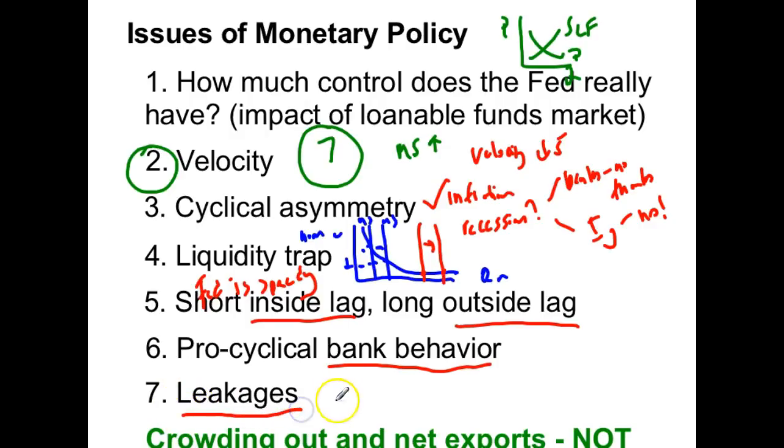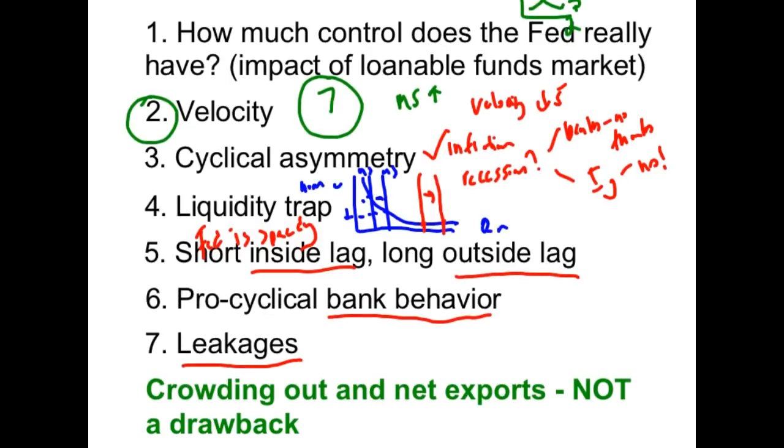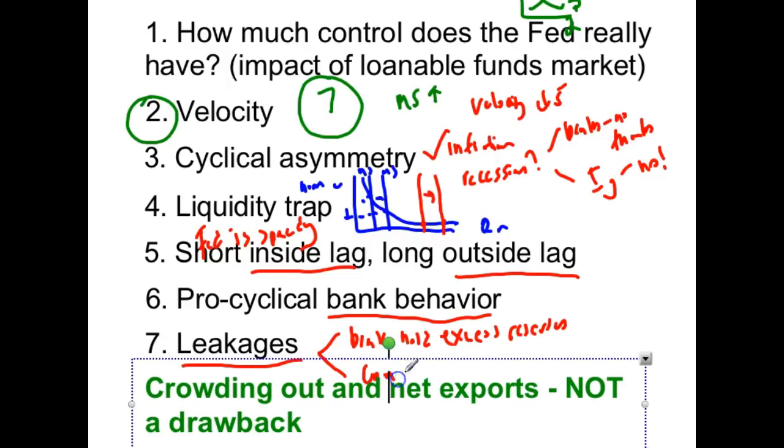And the two main leakages, if you think about the fact that the Fed works through banks, it relies on banks to make new loans every time they have excess reserves, and it relies on individuals to basically put their money back in the bank as soon as they have it. So two leakages from that fractional reserve banking system or from the monetary multiplier are sometimes banks hold excess reserves. And sometimes people, sometimes consumers,